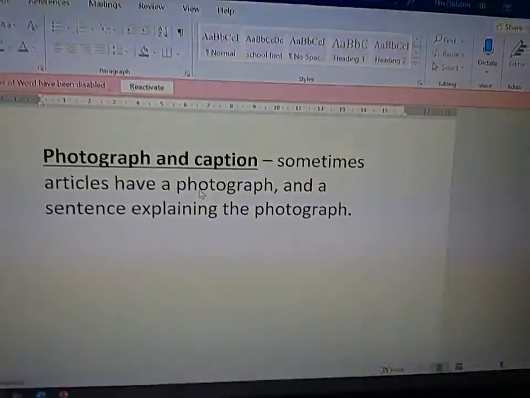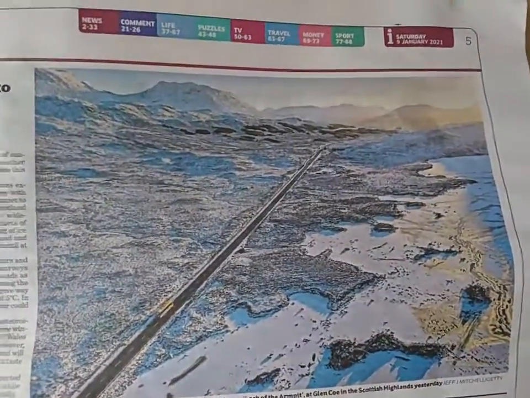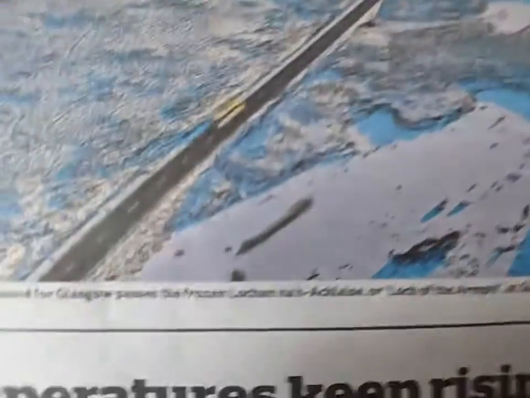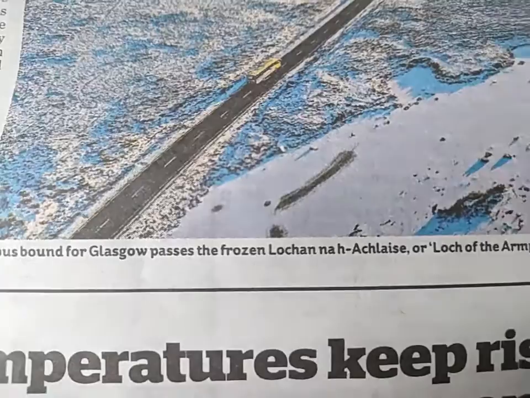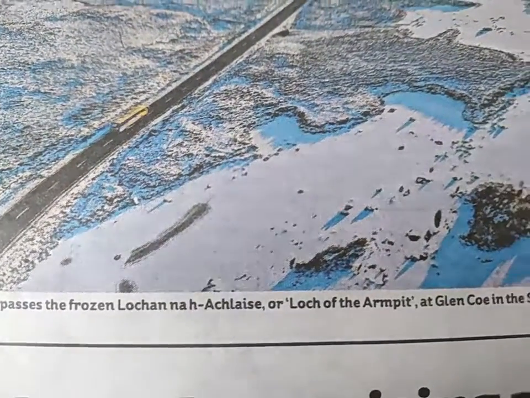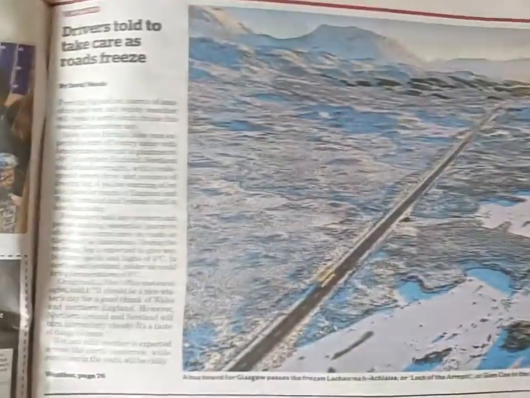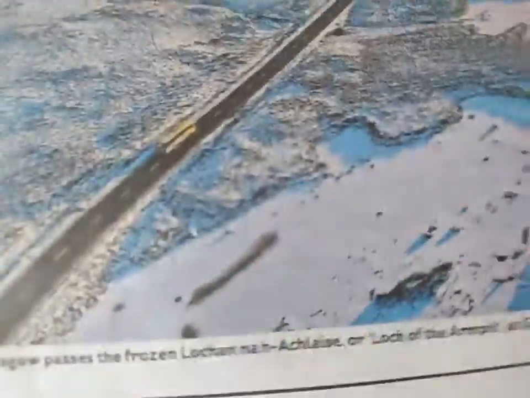Photograph and caption. Okay, that's the last thing. Yeah, well, there's a big photograph there. A caption is basically a label for a picture. A bus bound for Glasgow passes through frozen Loch Nach. I can't pronounce that. Or Loch of the Armpit. Okay, so there's a photograph. And there's the caption. So let's go over that again. Headline, subheading, who's it by, introduction, main body, it's got some quotes in it, it's got a picture,